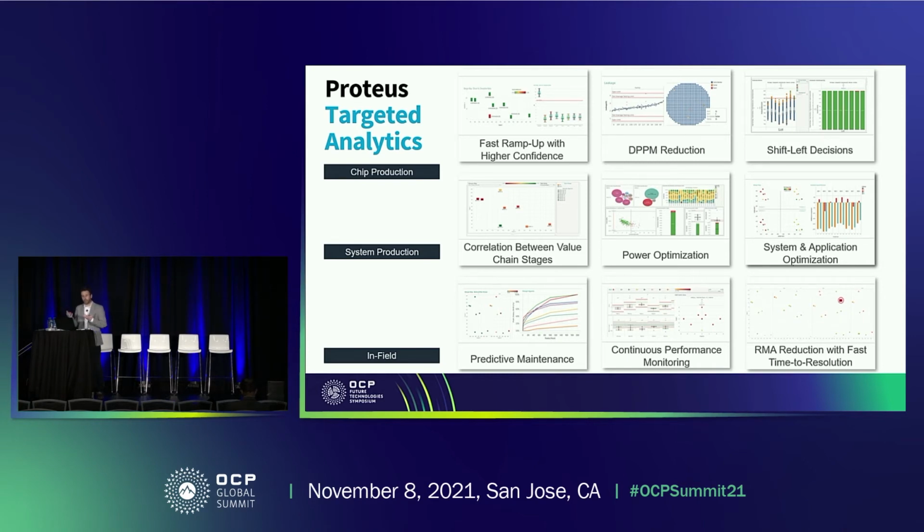So we can compare across multiple stages and find some discrepancies and issues. Also in system, we can perform power optimizations and system application optimizations because the agents are located in multiple locations. Eventually, the last stage is in field, and while the chip is operating in the field, we can monitor different